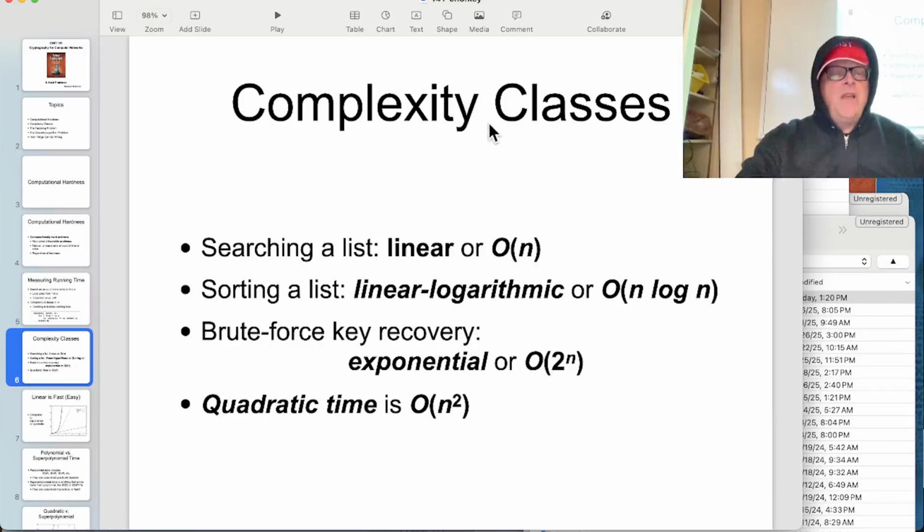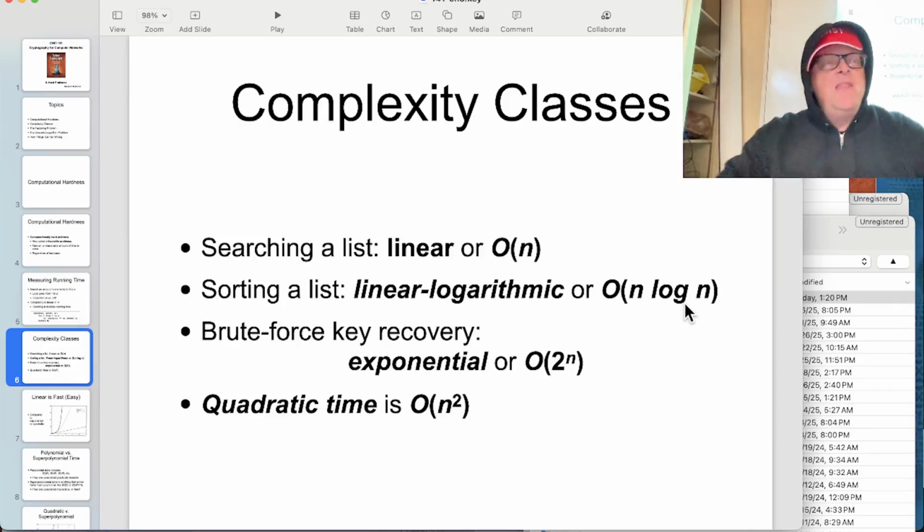And so you define complexity classes. You call that order n. As the size of the list n increases, the time it takes will linearly grow. Now if you're sorting a list, that takes more time. You have to go many, many passes through the list, and the best algorithms have n log n. Because what you do is you sort it into categories, into groups, and then you sort the subgroups. That means you end up with n log n as how it scales.